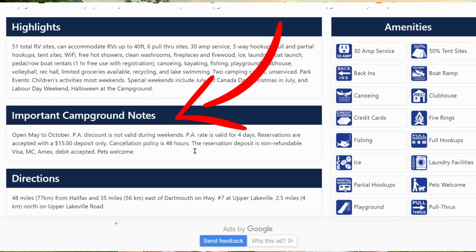This discount is not good during the summer months. They've just got all kinds of stuff in there, so you have to really read the fine print or you'll get in trouble. Yeah, each campground is different. It's all different, every single one. We're sure the campgrounds are trying to draw in people at slower times, and they don't need to use the discount on weekends because they're busy. So that's the reason they have these blackout days. And Lynn's right. Check those